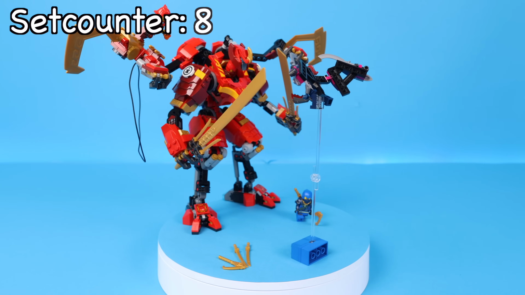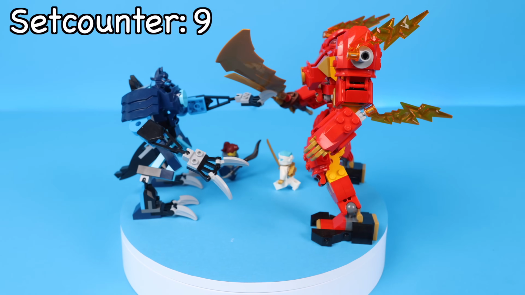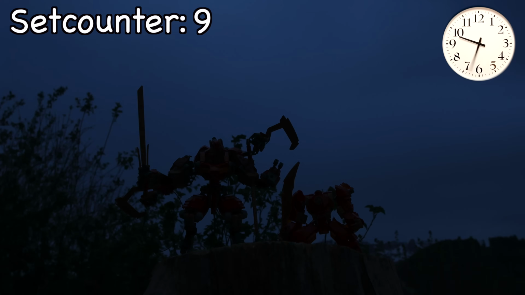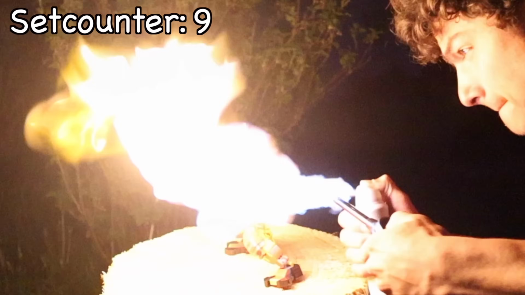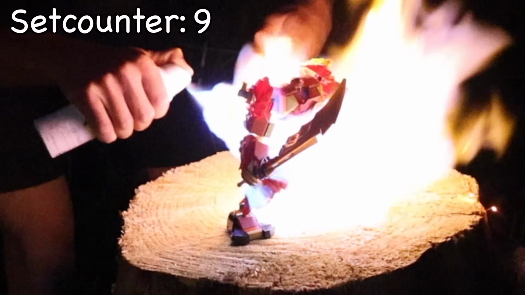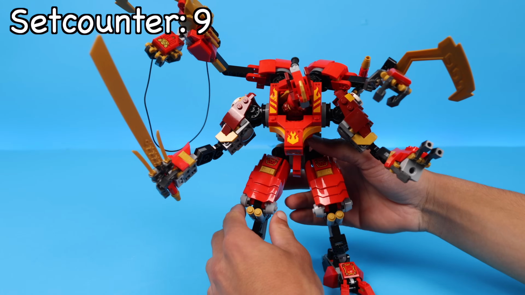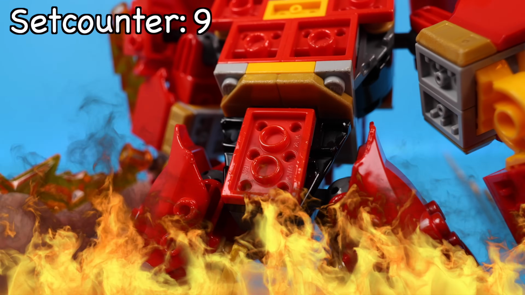And first up, the Mechs have to face their own elemental powers. And for Kai, I will use some deodorant and a lighter. Now, let's wait until it's dark and we'll get some bricks cooked. Okay, so from the front, both Mechs are vibing, but from the back, we've cooked them pretty hard. And speaking about cooking,